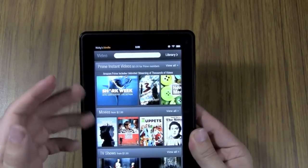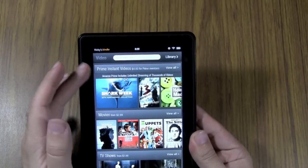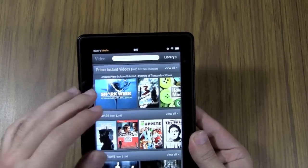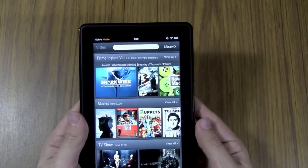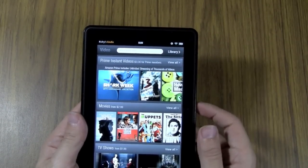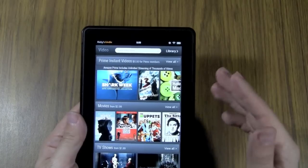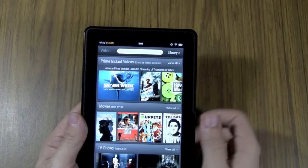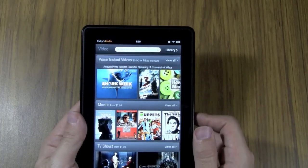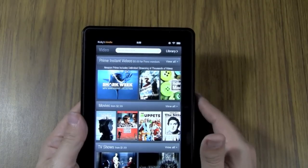You have instant videos, but really what they're pushing is their Prime instant videos, which is similar to Netflix. It's actually a big competitor of Netflix. And what this store specializes in is basically, instead of paying a monthly fee, you pay an annual fee. It works out to be about the same price as Netflix, and I recommend it if you tend to watch